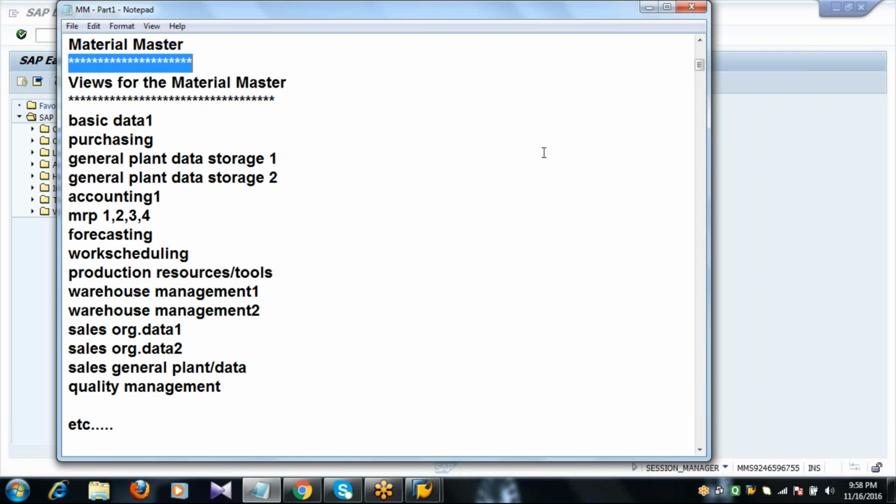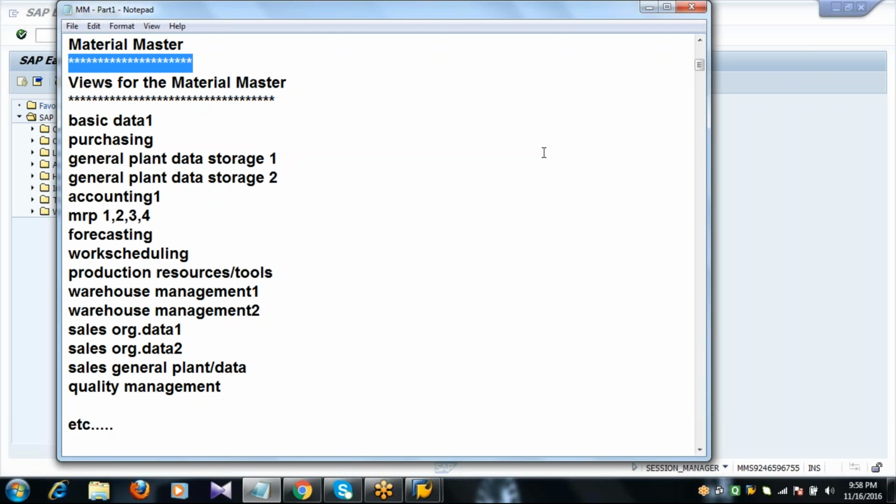Makes the same sense. Okay. So what is a material master?